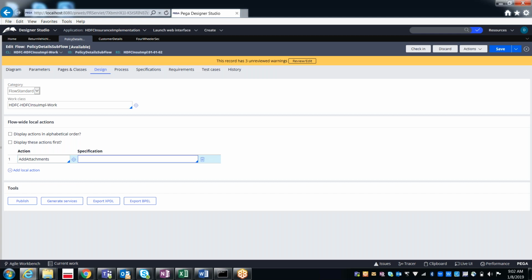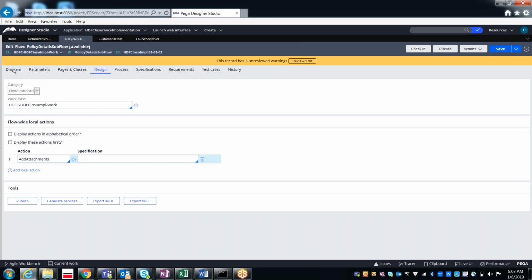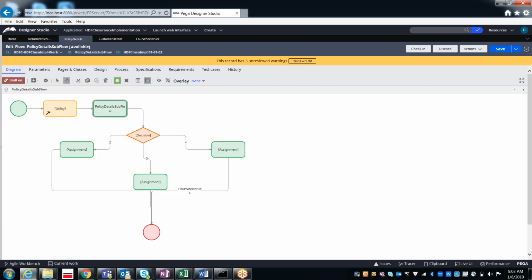Sometimes when I want to go to some other city, if the bus is available, I will go by bus. If the bus is not available, I will go by train or something like that. So based on the circumstances, we take decisions further. In the same way here also, for taking the decision, till now we have used something called decision tree or decision table. Based on the condition, it returns a value, and based on the return value, I move further accordingly.